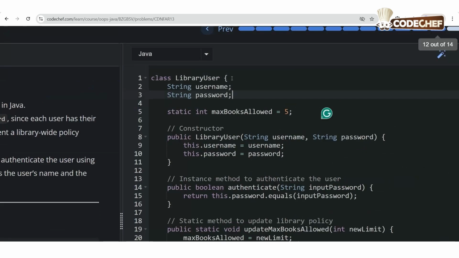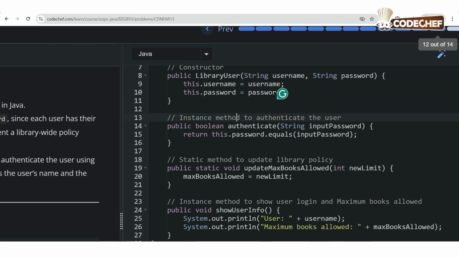It's in class LibraryUser, and we have our static variable, an int maxBooksAllowed, which is 5. Now we have a constructor, public LibraryUser, with the details of String name and String password, and then we have our instance method to authenticate the user.